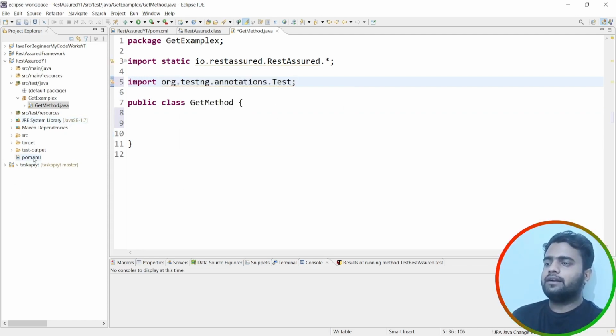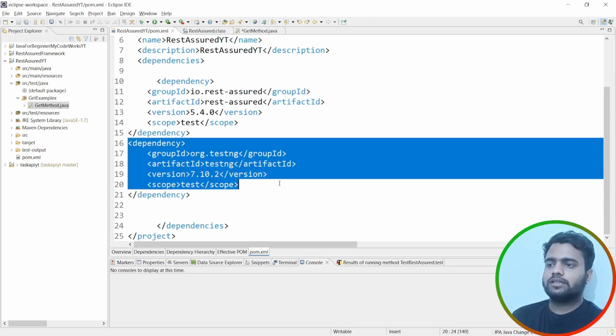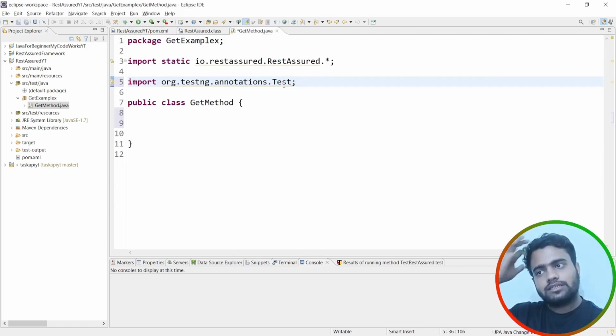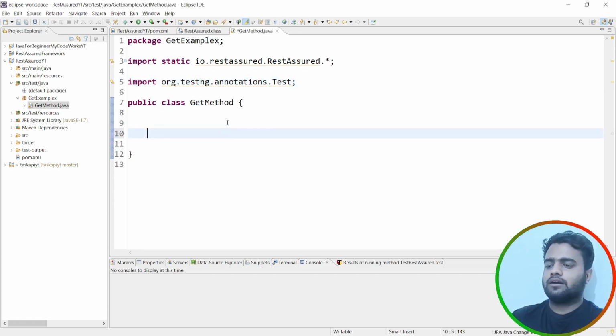So as you see, I already added pom.xml. Inside pom.xml I already added TestNG. You can see here TestNG I have added, and when we import the test, it's coming from TestNG annotations, right? So let's save this and create a method called public void get